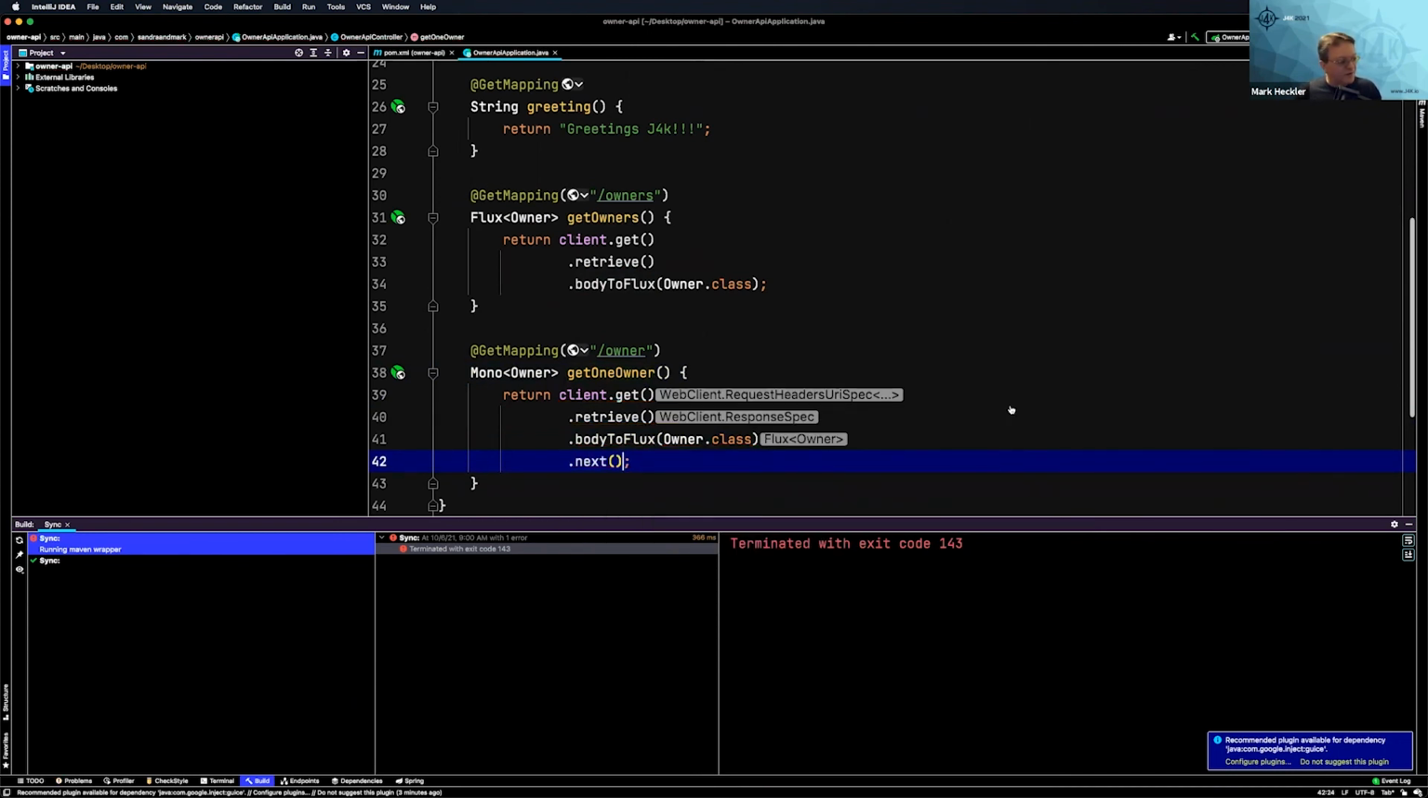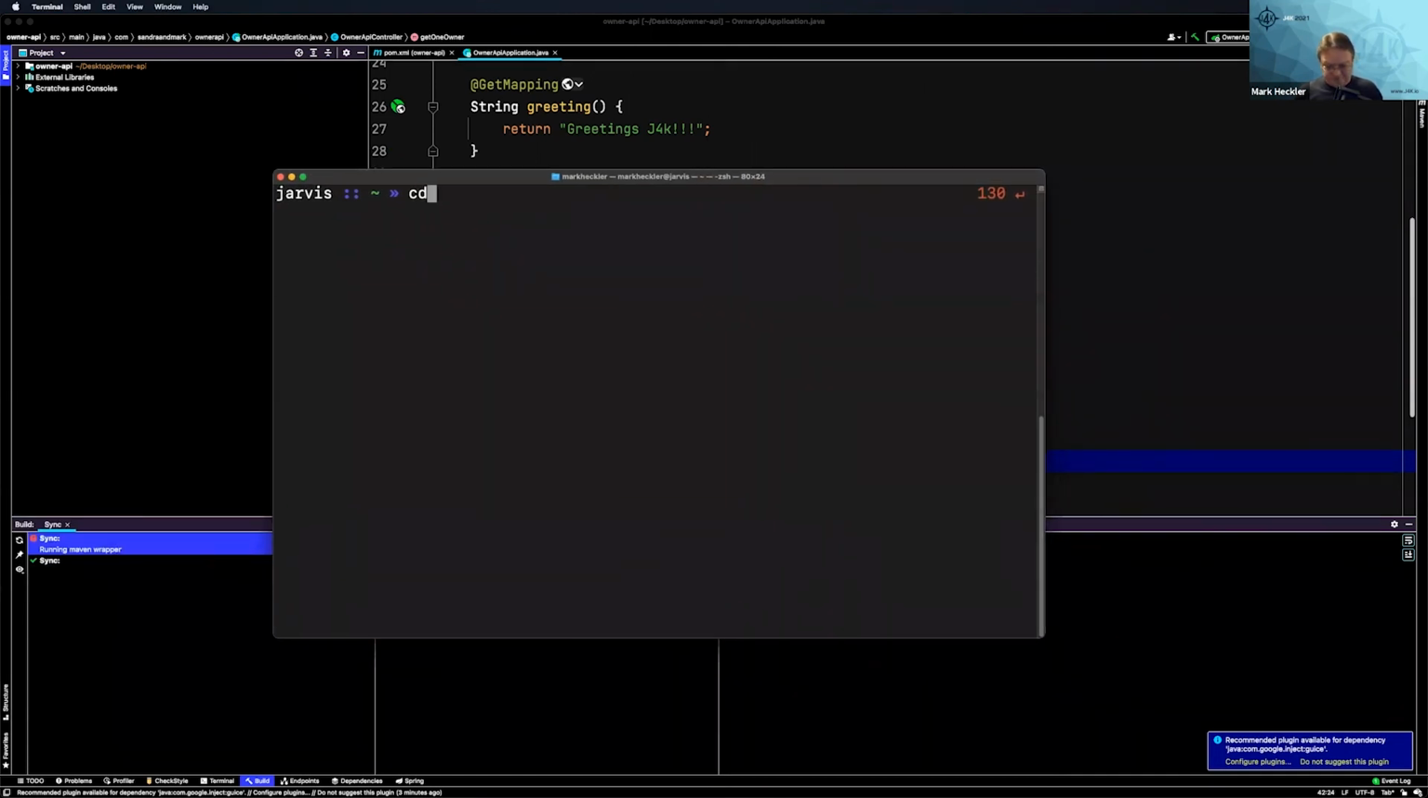Now I'm going to flip over to terminal here. We'll go to desktop and our owner API. I'm just going to do a Maven clean package and we'll build that. And then let's deploy that. And while it's deploying,